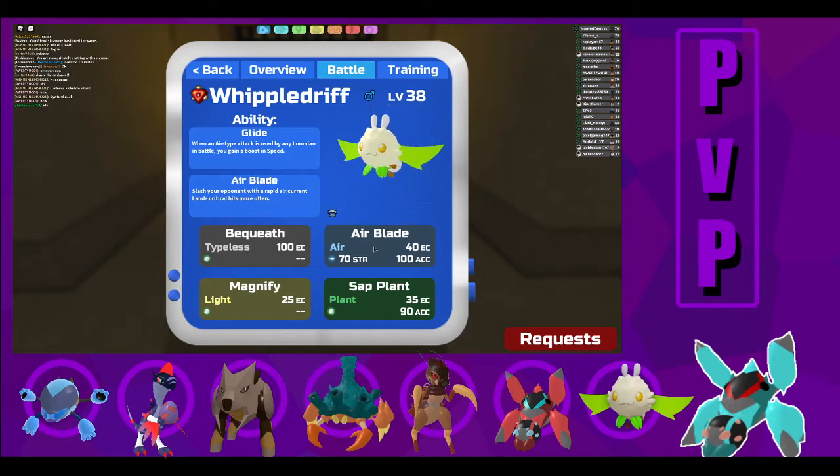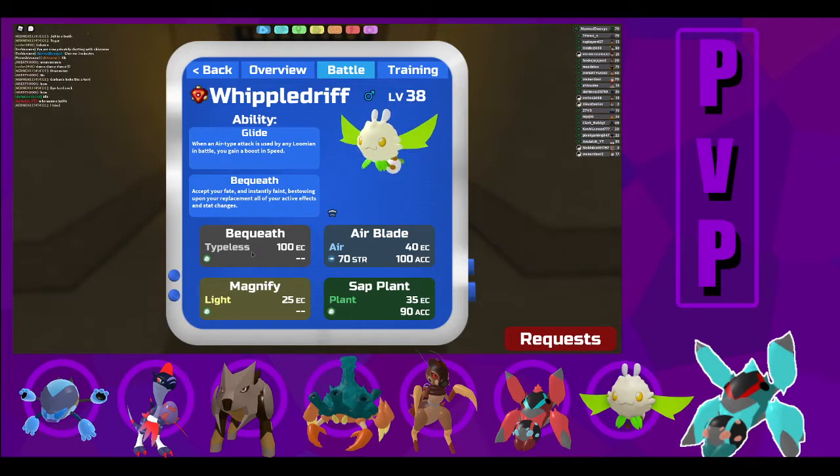So we have Air Blade, just a good critical hit move that does a lot of damage, and it'll give us that speed raise. We got Sap Plant, because we're pretty bulky. We're actually really bulky as Whippledriff, or with our melee defense. So getting that Sap Plant up, and maybe Bequeathing, which is actually a new move, which means you instantly faint, and then you swap all of your status effects, and or you basically swap all of your stuff onto the